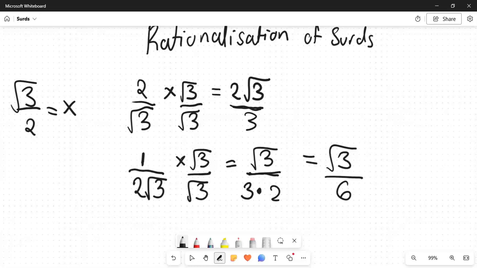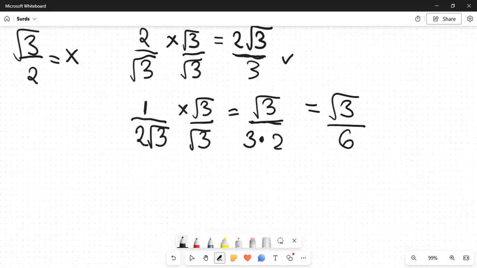Now, before we move on to a complex rationalization whereby we have to use double brackets, I'm going to show you once again how to rationalize if the root itself can be further simplified. Over here, I did it when the roots cannot be further simplified, but I'm going to show you how to do it when it can. So, example 3, if we're given 4 over root 8 and we're told to rationalize,